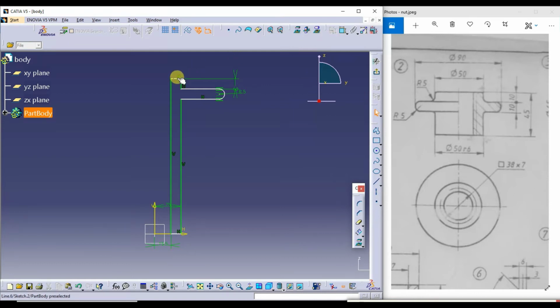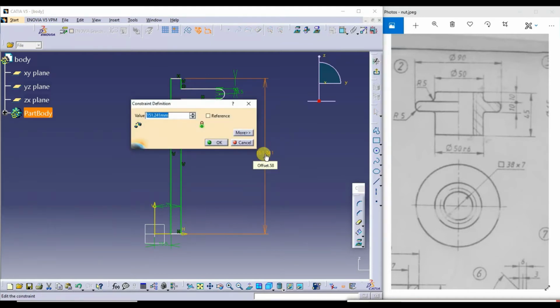Next one is from here to here it is. Here to here it is 45.